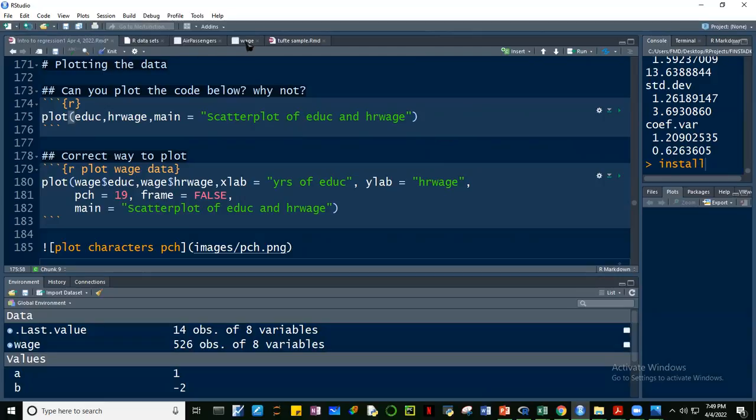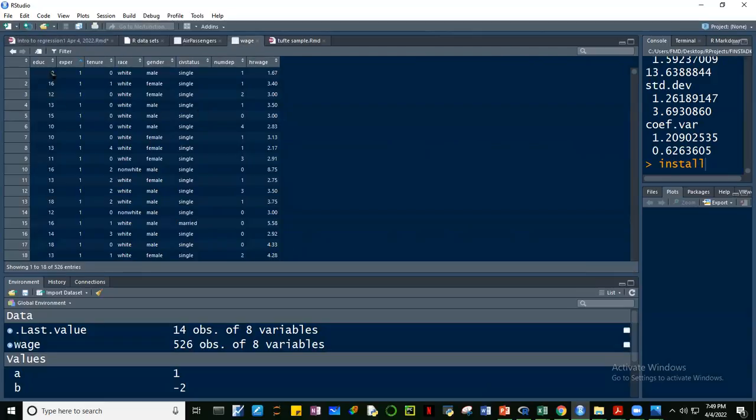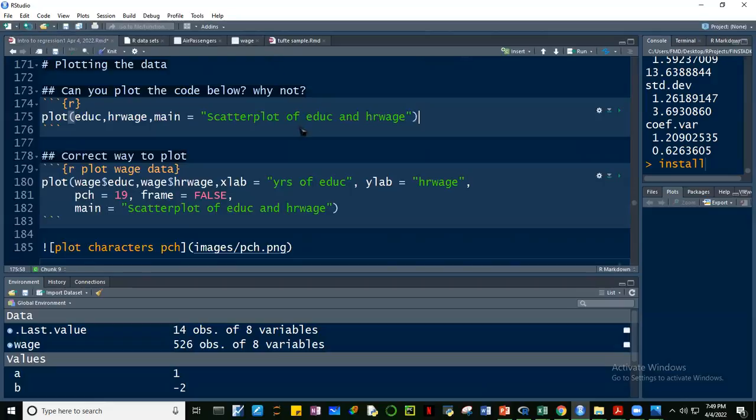Okay, saan si education and hourly wage? Dito sa wage yan. Education and hourly wage. Kasi gusto natin makita kung strong ba yung relationship nila. No? Is there a strong relationship between education and hourly wage? If we're going to use hourly wage as our dependent variable, which we will, so gagamitin natin dito si hourly wage in order to we will try to explain it using the other variables, education, number of dependents, etc. No? Okay, so let's